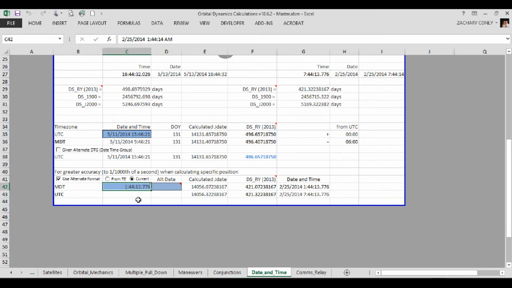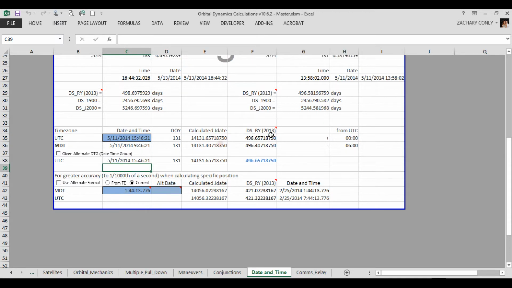It will default to whatever date you've selected in the box up here. You can change that or not, but if you type in the correct date, it will then calculate it here, or you could type in an alternate date. Let's uncheck that